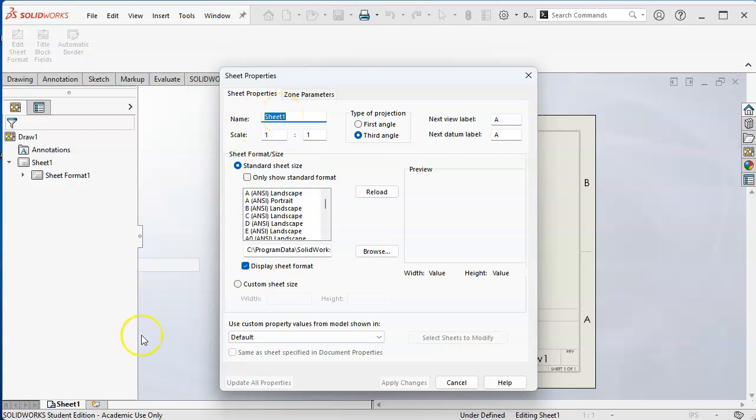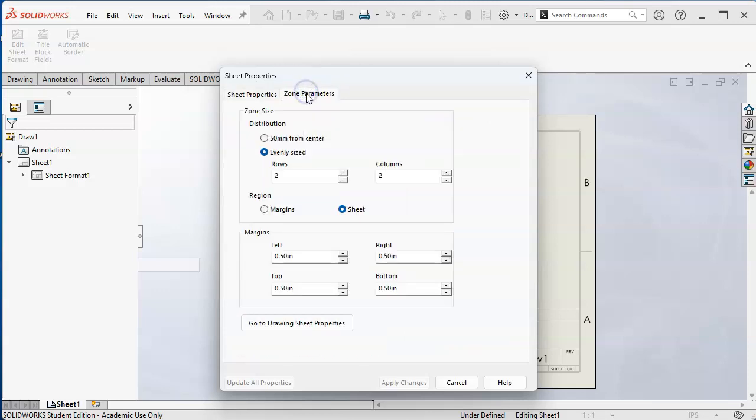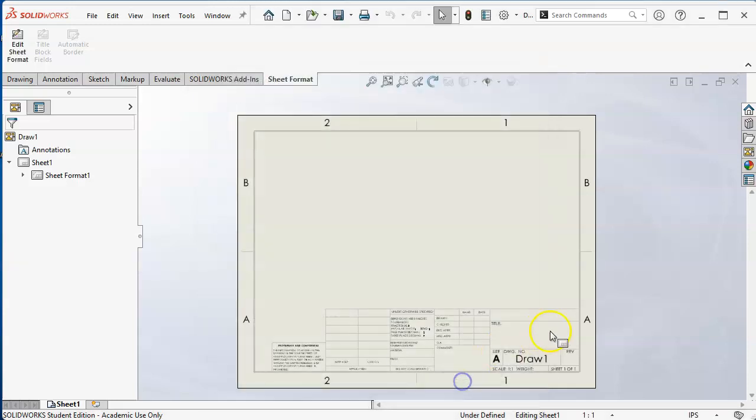We have the sheet name. If I'm doing a multi-sheet drawing and I have a lot of sheets, I may condense that down to S1, S2, whatever. Our standard sheet size, if I need to reload it or change it, I can do that here. We also have first angle and third angle projection. When we actually get into the drawing, I'll review that again because that's always one that's caused some confusion for me. So in the properties, we have some of this geometry and then zone parameters, being able to manage our A, Bs, and 1s and 2s. Not super complicated with an A size sheet, but if we get up to an E size, it's going to be A, B, C, depending on our spacing,